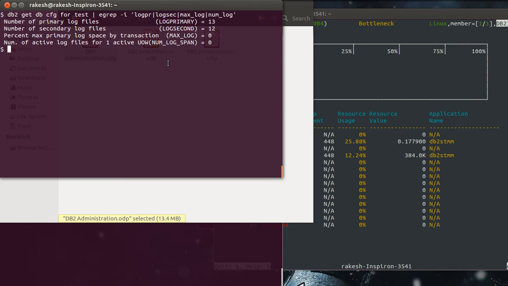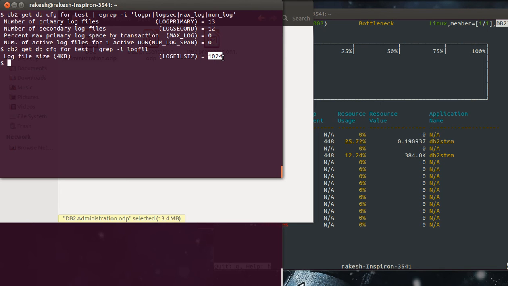Now there's also another parameter which defines the size of these log files. Okay, so this is the log file size. It's in 4 KB pages. So at this point it is set to 1024 4 KB pages.